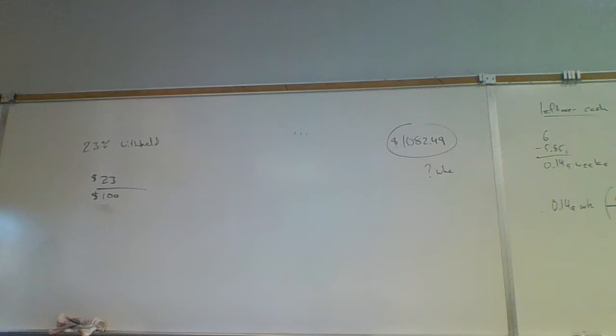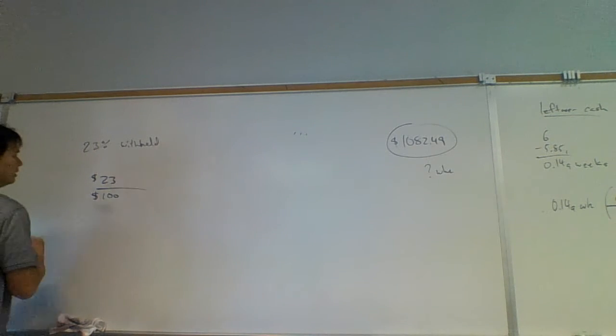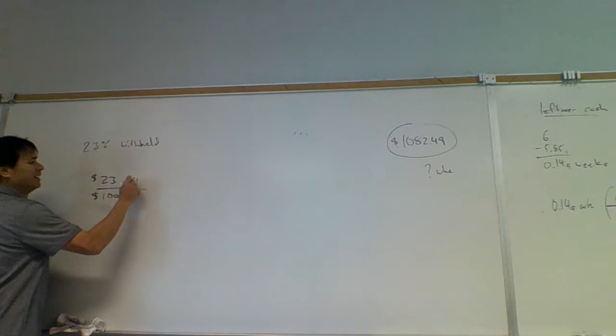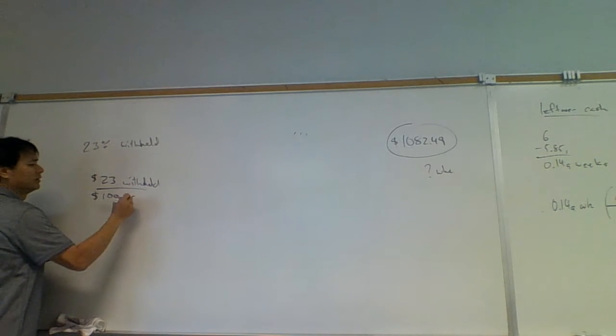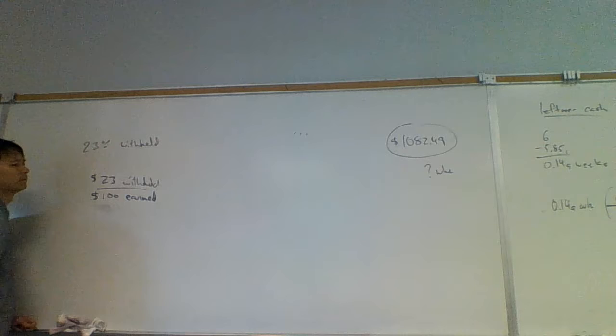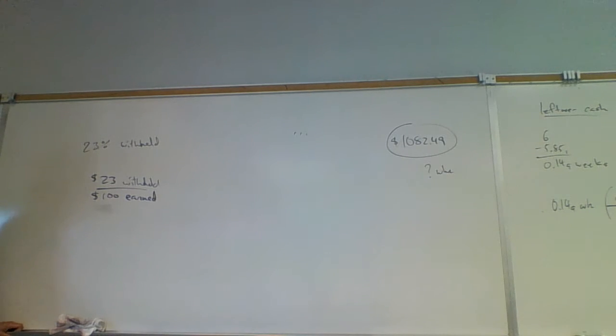Until you start labeling. And if you want to do advanced problems, you really have to label a lot more. So this is $23 what? Withheld. For $100 earned. Yeah, good. $100 earned. That sounds good. $23 withheld. Now, with percentages, sometimes we have to think: if $23 are withheld, how many earned,